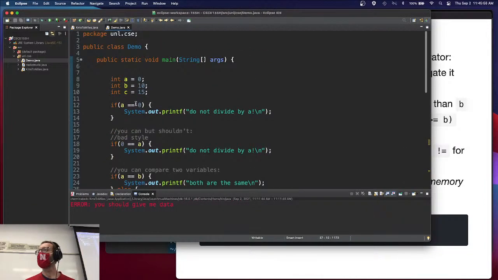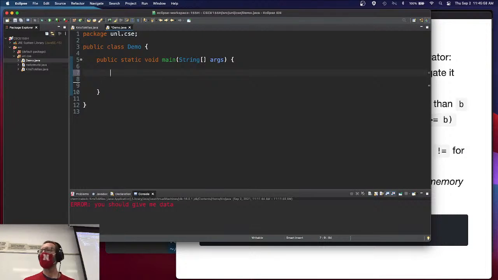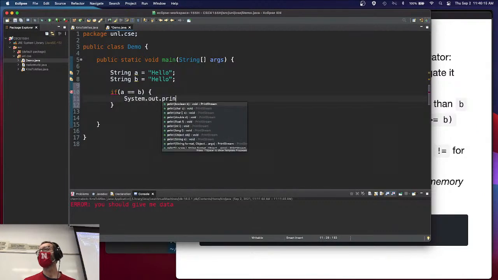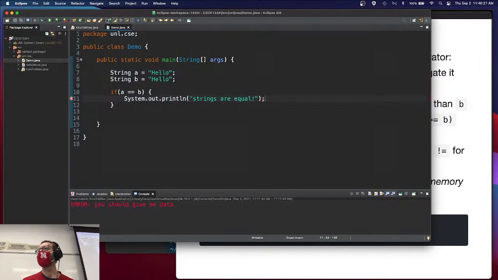All right. Over here in Java. Right. What I'll do is I'll create 2 strings. String A is equal to hello, and string B is equal to hello. Okay, if A is equal to B, then print system.out.println strings are equal. Let's find out what happens here. Cross my fingers here. It actually might output that they are equal, even though it's for a different reason. All right, yep. The different reason being the Java virtual machine, the Java compiler sees you've got string hello, A